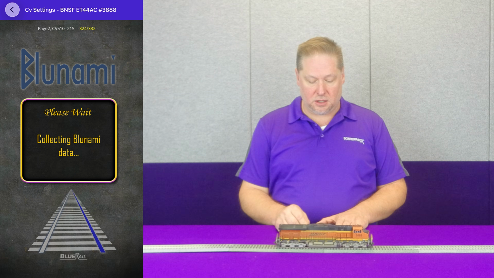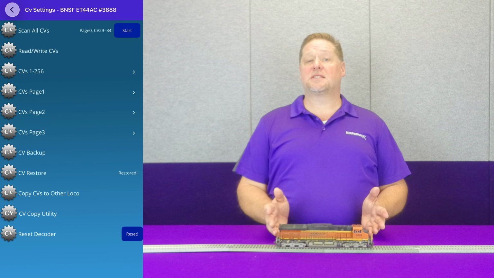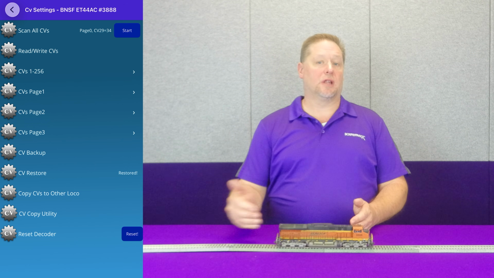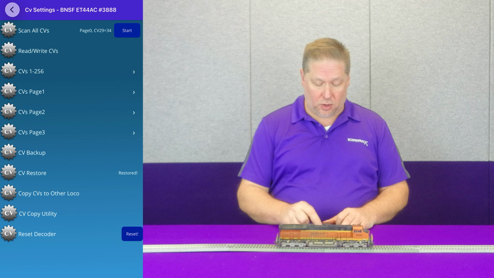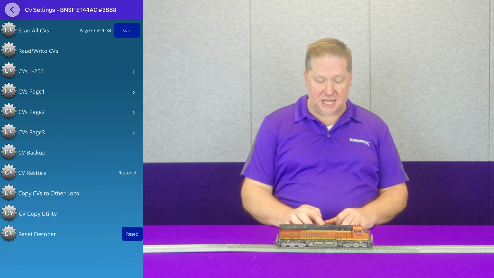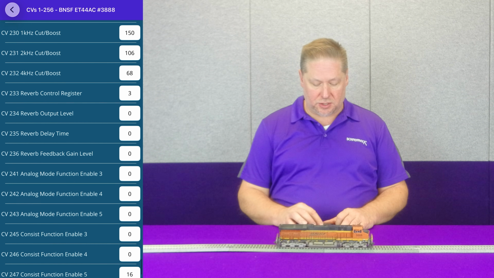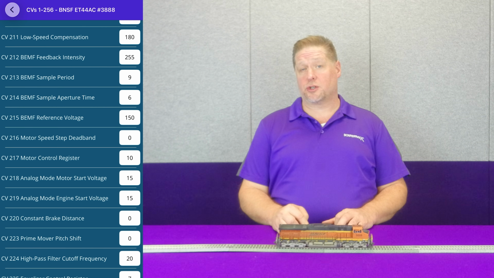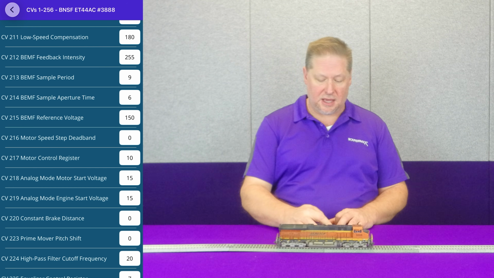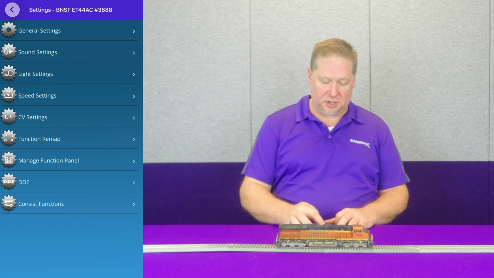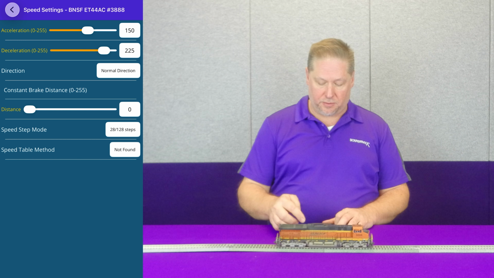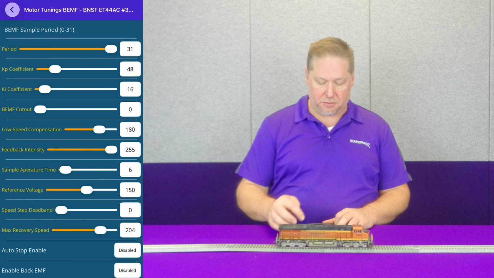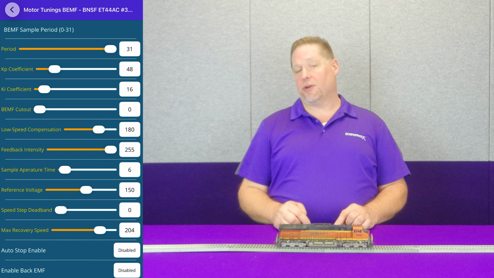And we are done. So now all my CVs have been restored to the last backup. Now we're going to go ahead and test that. So CV 215 is where my back EMF reference voltage was stored. So as I scroll to the list, you'll see that CV 215 has been restored to a value of 150 here on the screen. And then just to show it, we'll go back to speed settings and whoops, wrong thing here. We're going to go to the motor tuning and